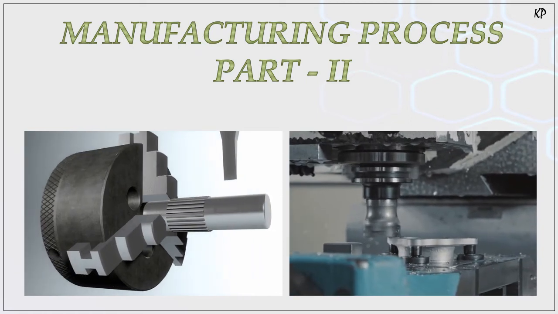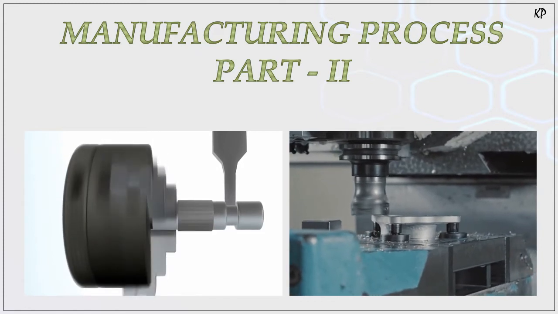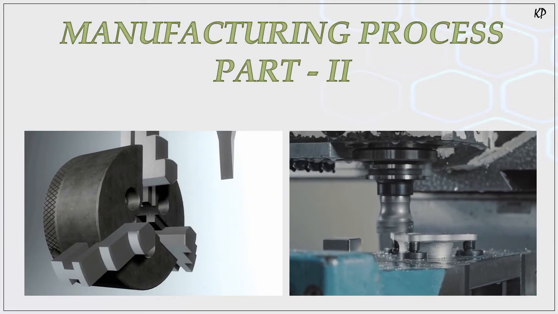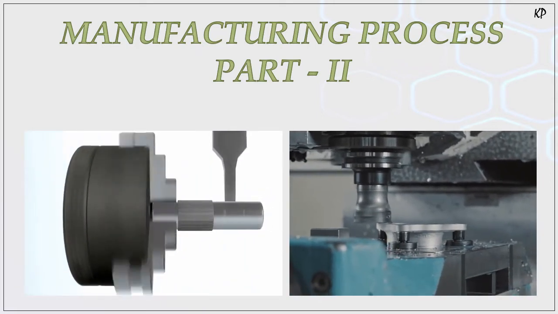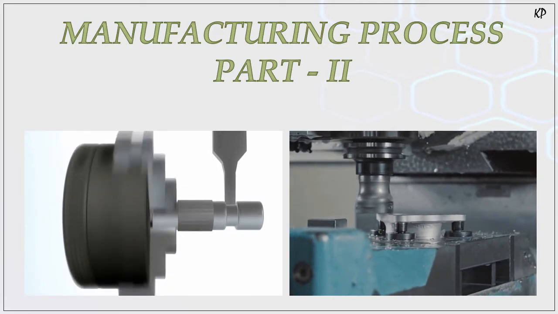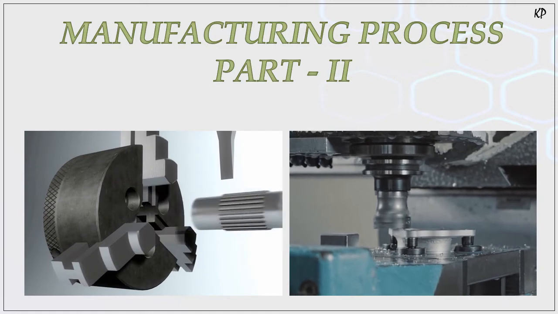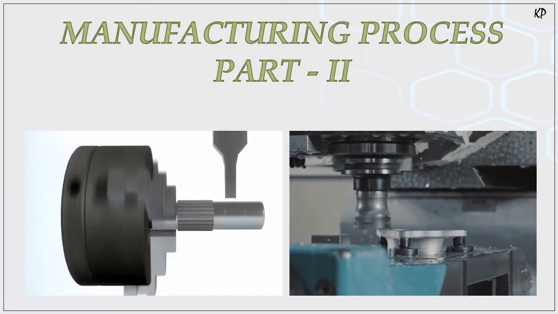So in this video we are going to see subtractive manufacturing processes. What is a subtractive manufacturing process? It means from a metal block or your material block you can remove the material which is not required and produce your part. So stay with me in this video so you will understand what the subtractive manufacturing processes are.